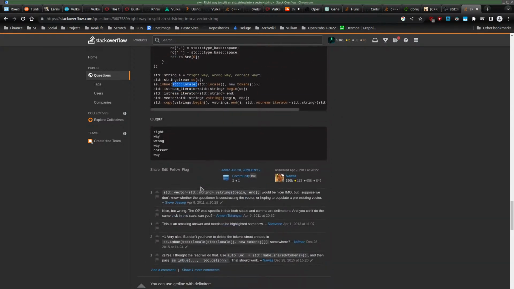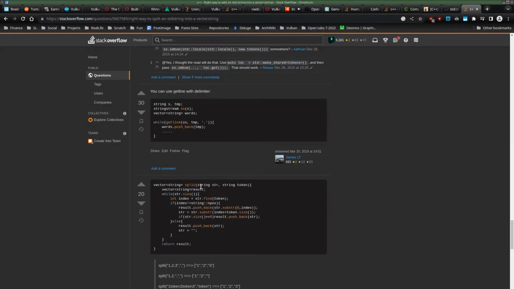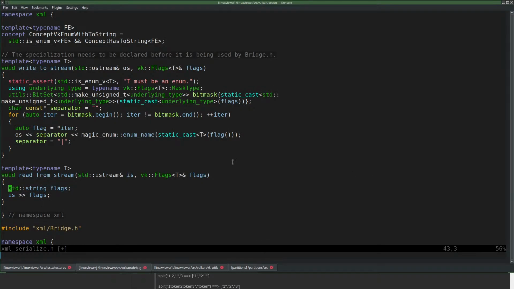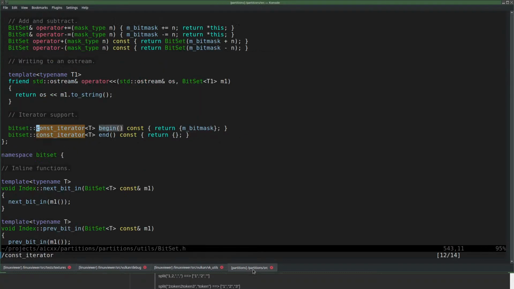That goes way too far. I think I wrote my own tokenizer. Yes, I know, of course. But I did, I think. So let's find that.